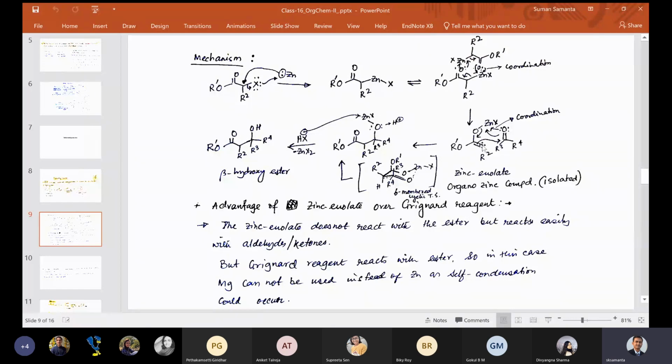This is nothing but an enol. The ZnX was on this center at the alpha position. Now it has come to form a double bond C=O and OZnX, so basically it forms an enol. Now this enol reacts with this aldehyde or ketone, exactly the same as your aldol case, correct? In aldol also the same thing happens. Then this double bond attacks there, and this O takes up this zinc.